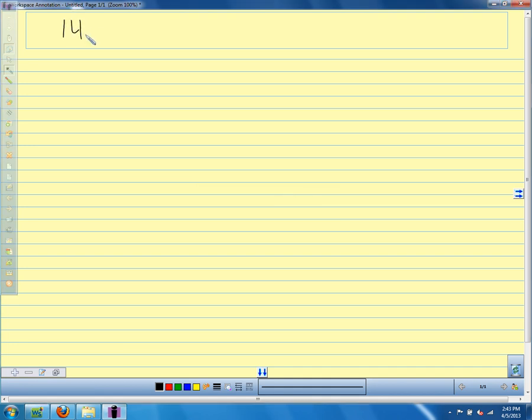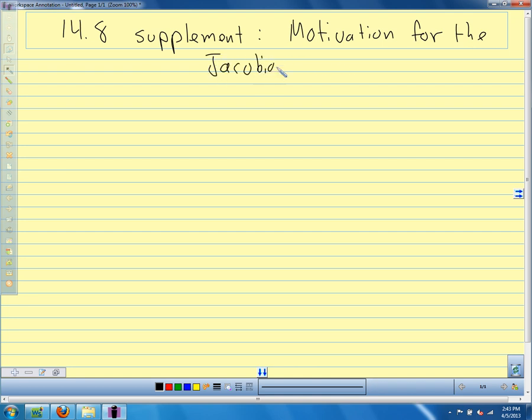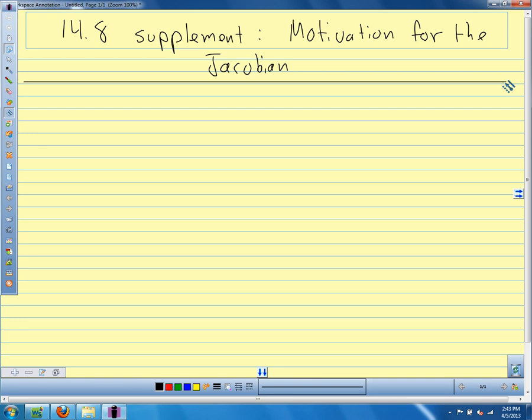All right. I mentioned in class that I would do a little extra bit of notes on the motivation for why the Jacobian takes the form it does. So 14.8, we'll call it a supplement. All right, before I go into the motivations, not really a proof, just kind of a sketch of why it takes the form it does,